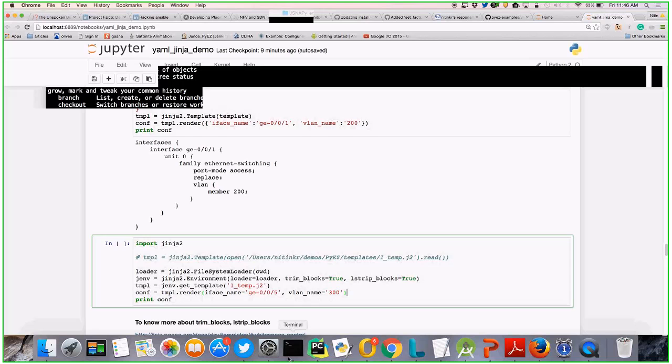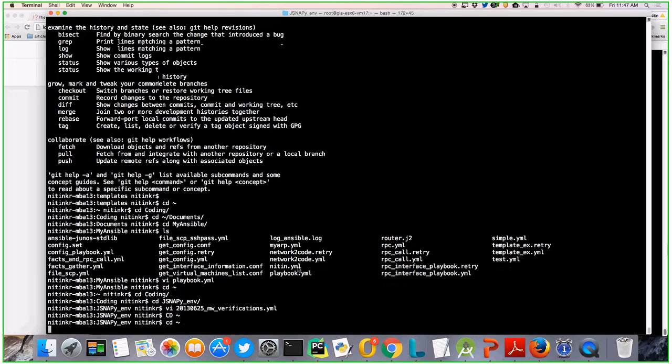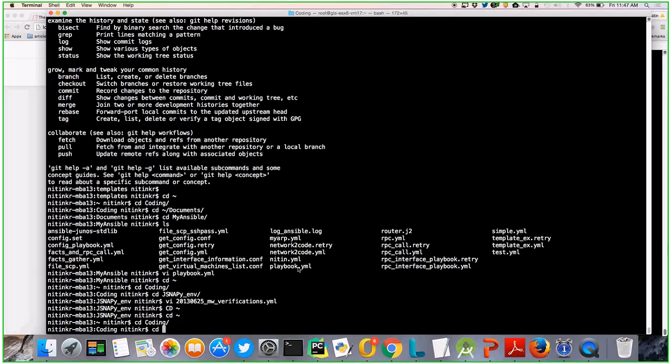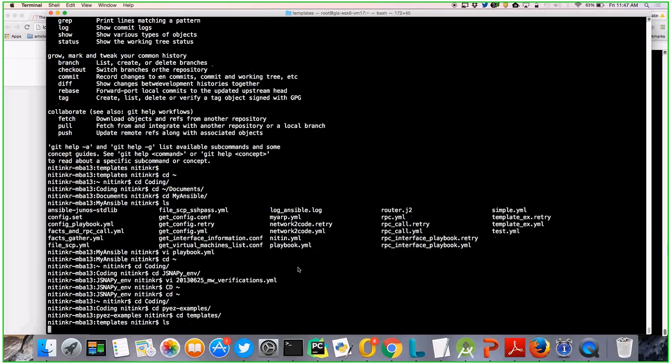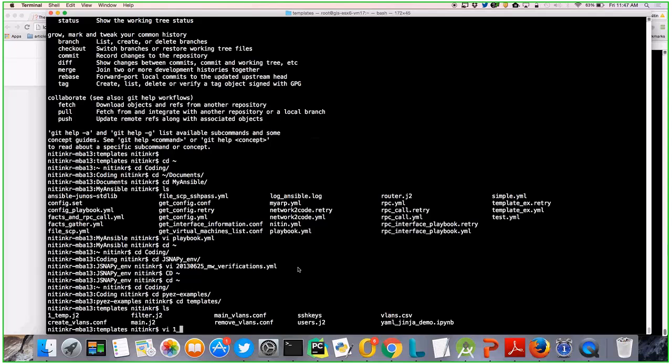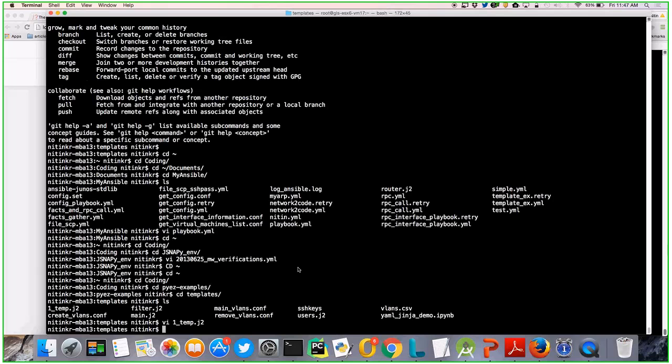So this is an example where this is the same template which I have put in my file.